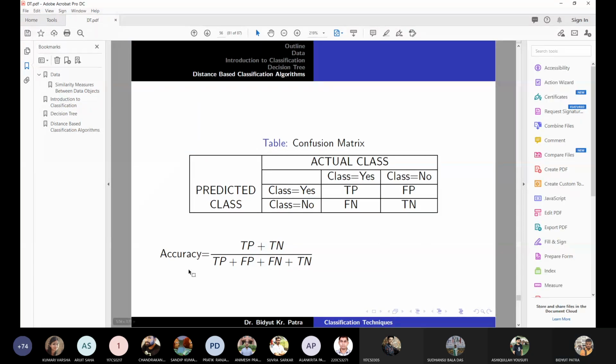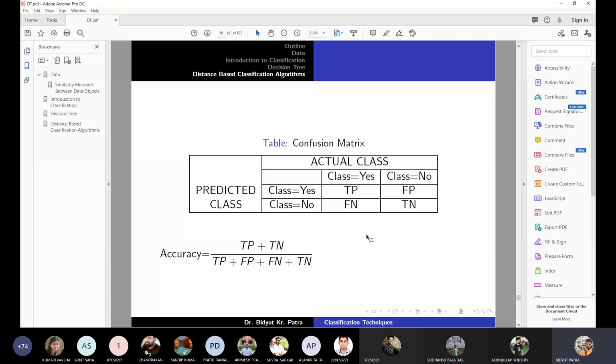Now, accuracy, if you have a classification algorithm and the data is balanced, is considered as TP plus TN divided by the total number. This is for the balanced data set: the number of positive class samples and the number of negative class samples are quite close to each other. Then we say this data is balanced, otherwise the data is imbalanced.